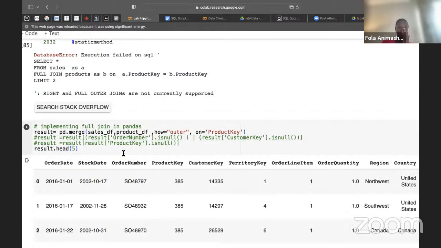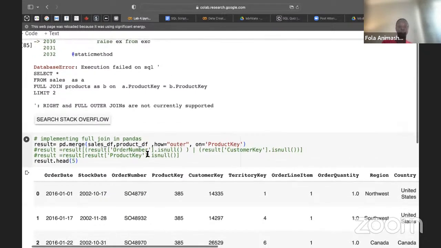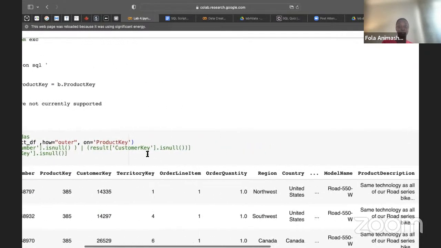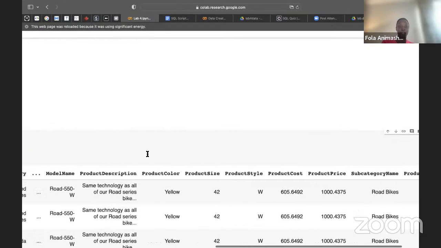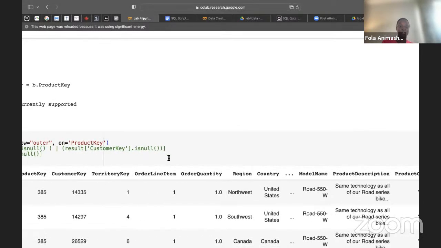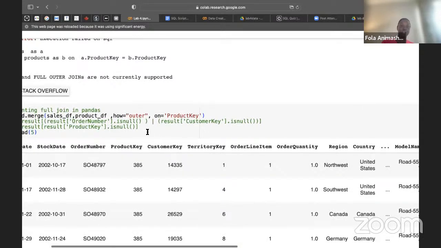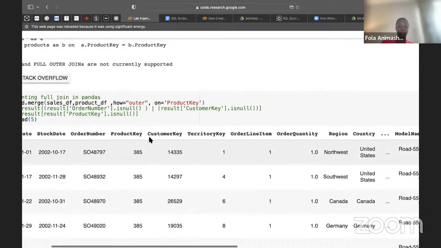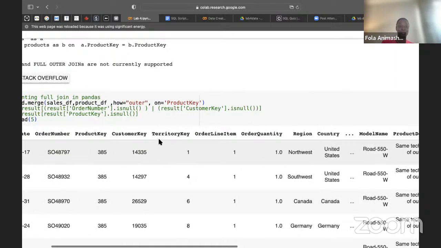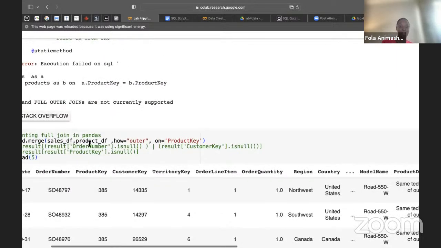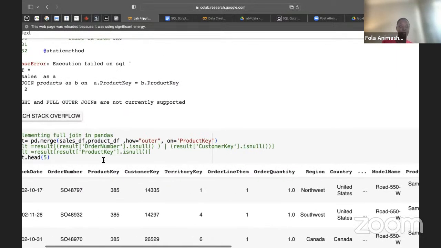So when you do the outer join, it's going to return the columns on both sides. But the thing is, if there aren't matching rows, some of the values will be null. For example, if this is a sales table and a product table,